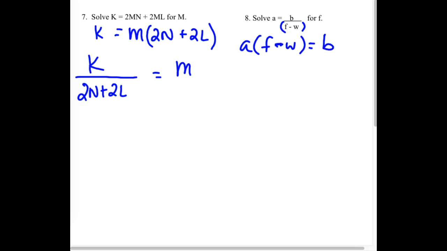Now, some students want to distribute the a. You don't need to. We need to get rid of the a. Right? We don't want it on that side. So can we divide it over to the other side? So now we have f minus w equals b divided by a. And then to get rid of the w, add it over. All right. Any questions so far? The last example that we have,